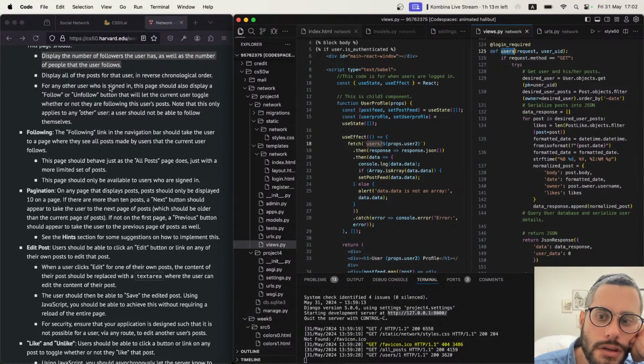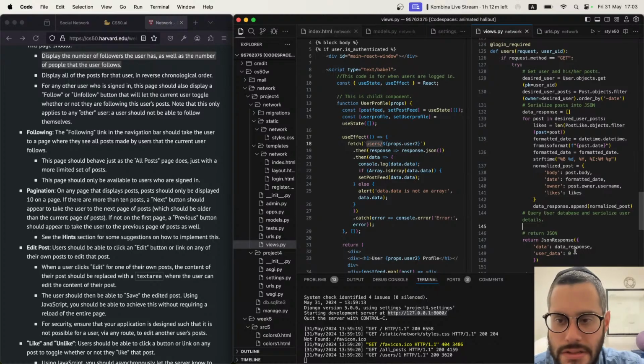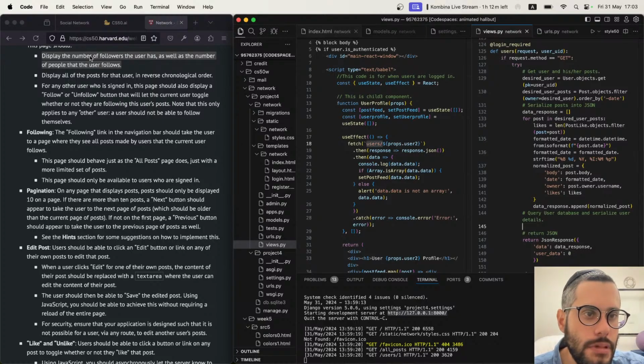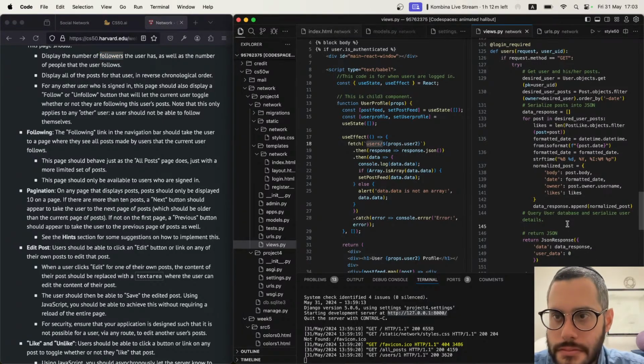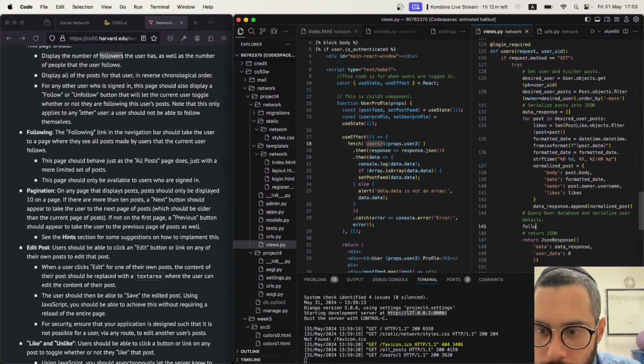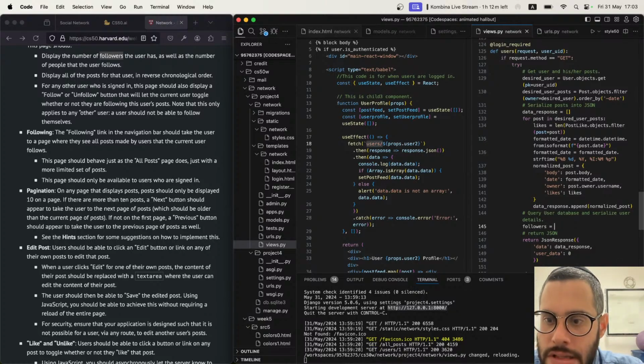So I would write that over here, and then I would add that down here. So we have data, which is all the posts. And then in that JSON response, we're also going to be returning something called user data, which is going to include all this other information of things that are not posts. Fine. So again, followers very easily is going to be followers is equal to